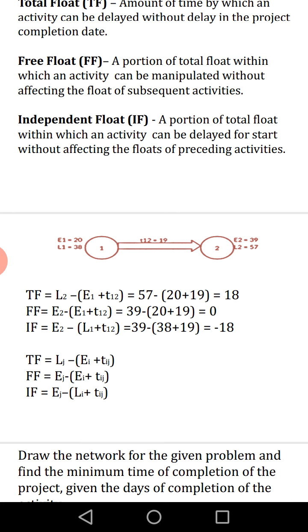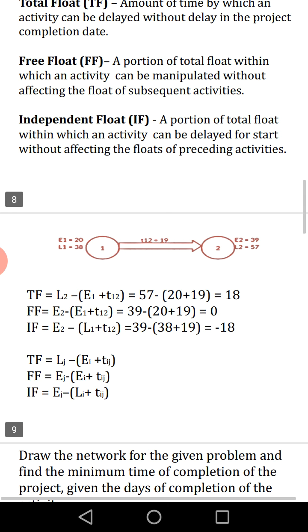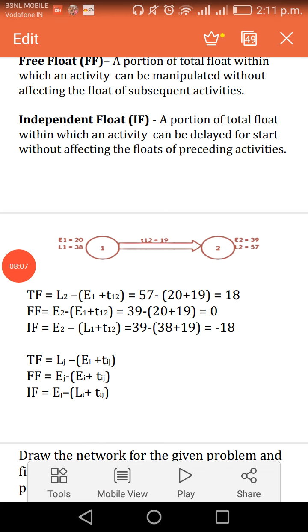Look at this, it's very simple to calculate the total float. Here they are given the two nodes, 1 and 2, with L1 and L2, E1 and E2. I have generalized here with i and j. So i will be the first one and j will be its successor, and for the jth node, the ith node will be the preceding one. With those, you are able to formulate the particular formula over here.